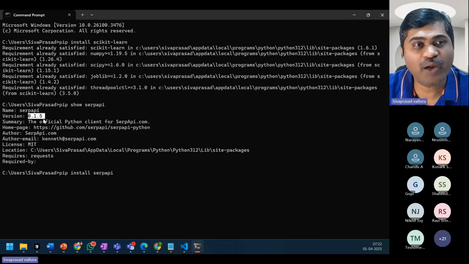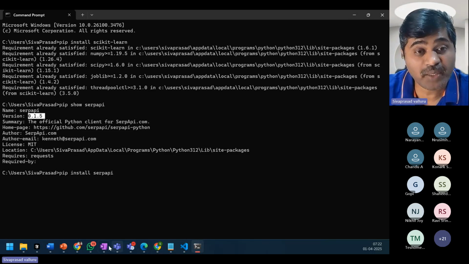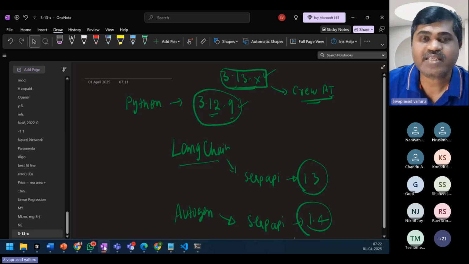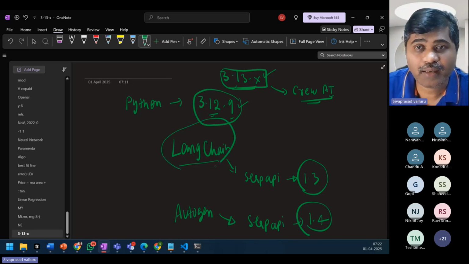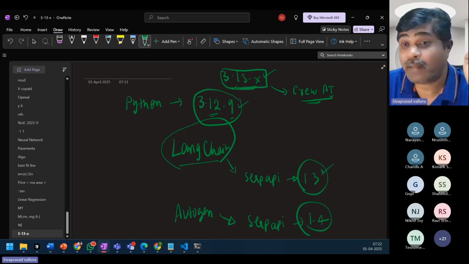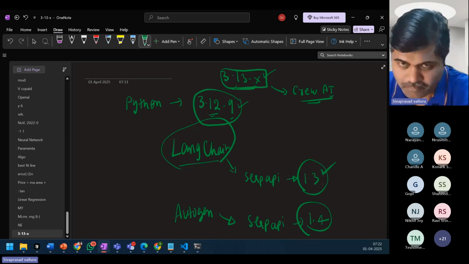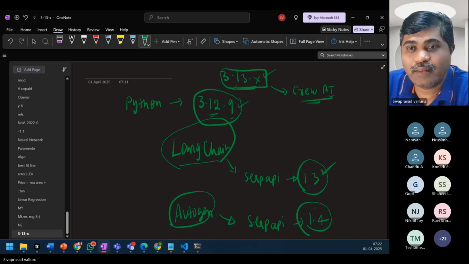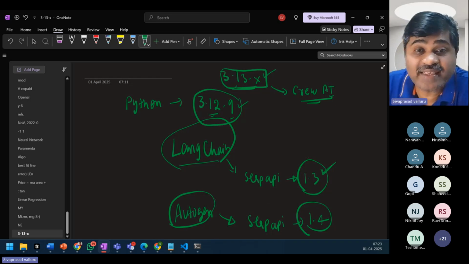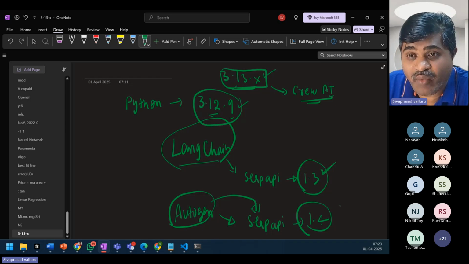So if 0.1.6 is there on your machine, let's assume till today I was working on LangChain, and I'm okay with SERP API 1.3. So SERP API 1.3 is on my machine. Now from today, I wanted to use Autogen, but when I installed Autogen, as it is dependent on SERP API, it downloaded the latest version required for this one, 1.4.